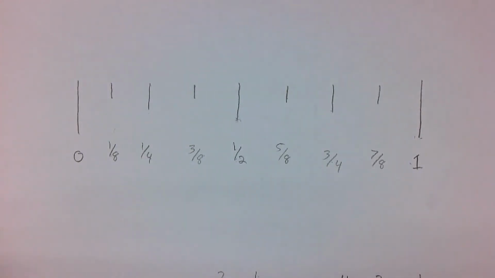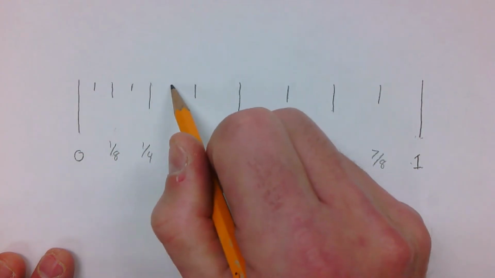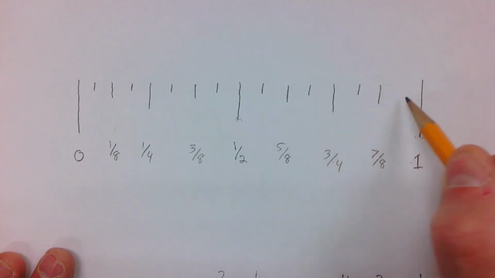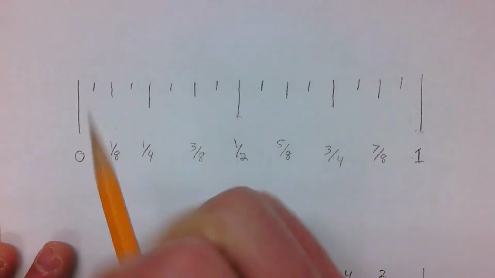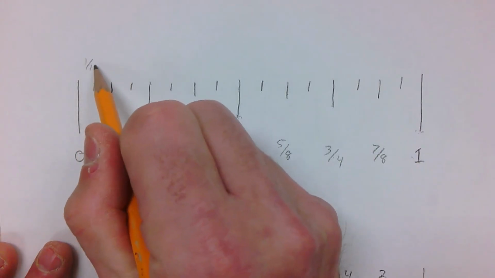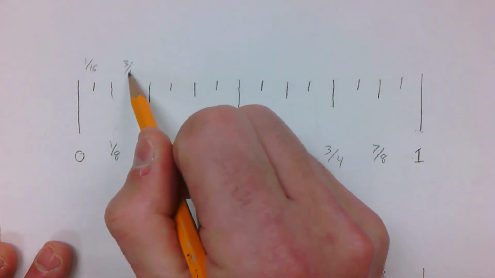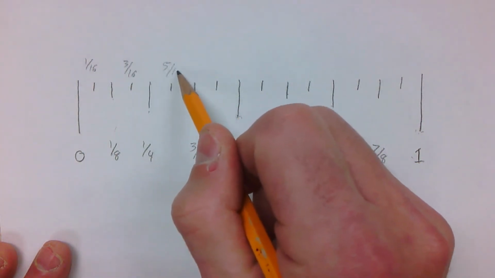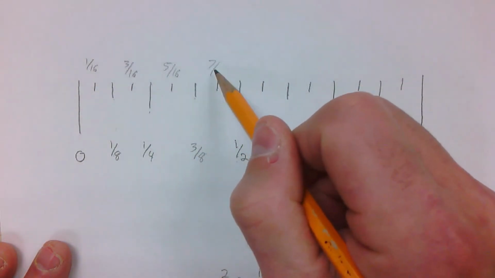The final marks that we're going to do are 16ths. So those are going to be our smallest ones, and those are right in between the 1/8 inch marks. So as I do this now, and we're looking at this, we've got 1/16, 2/16, which is 1/8, 3/16, 4/16, 5/16, 6/16, which equals 3/8, 7/16,